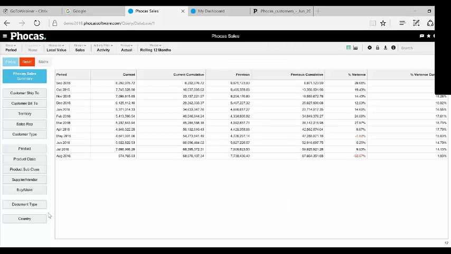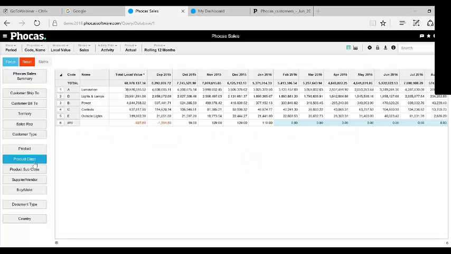We then have this list of dimensions. Once again, this is customised to the way you look at your business. You do not have to use the standard set here. This is just what I've got for my demo database. This would reflect the fields that people are used to seeing in EXO, so you make it familiar so it's not foreign to them. And really the whole idea is if they want to see their sales by product class,